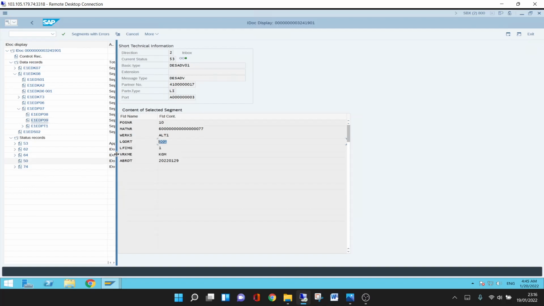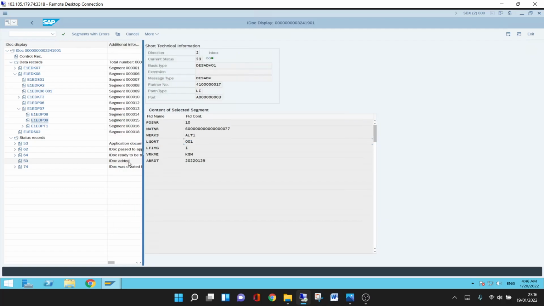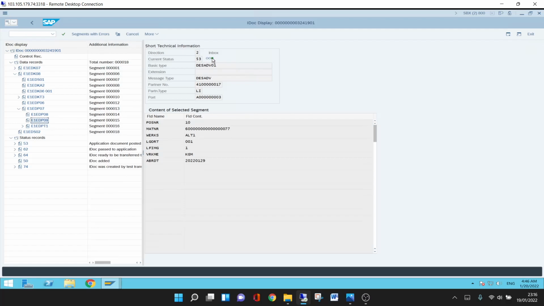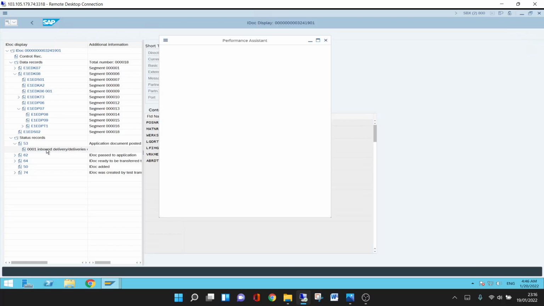Whether this IDoc has created the inbound delivery successfully or not, you can see the status is green. And if you come to the status record, we'll find the detail. So see, if I double click this status, it says inbound delivery ending with 250. So if I copy this